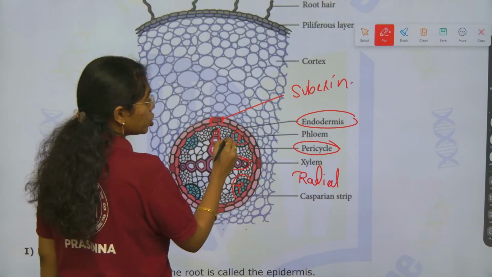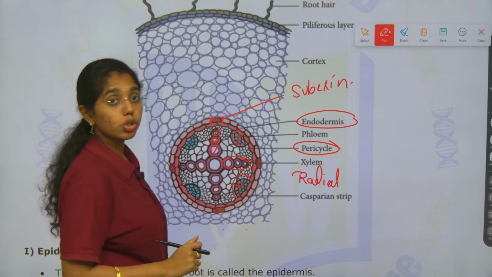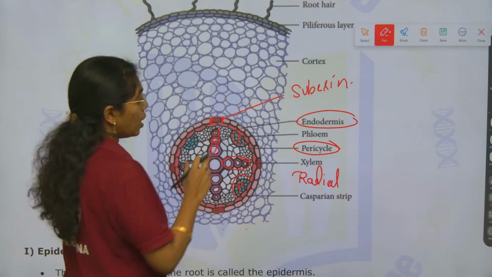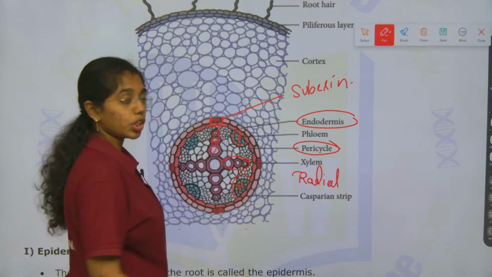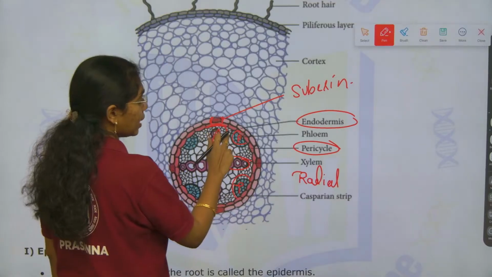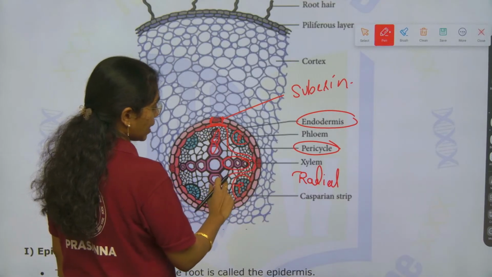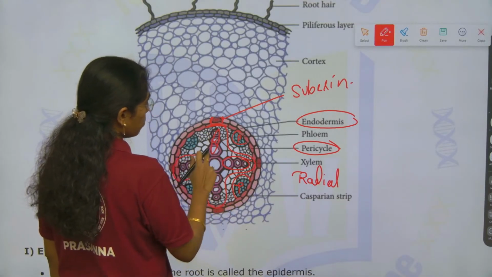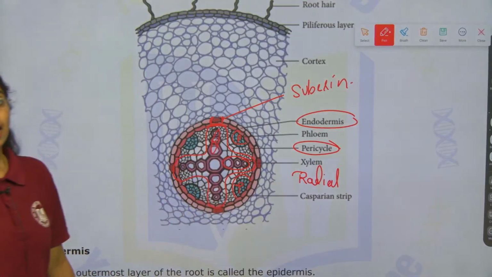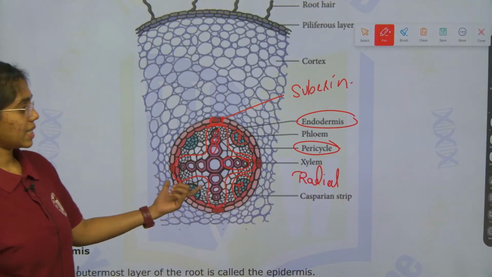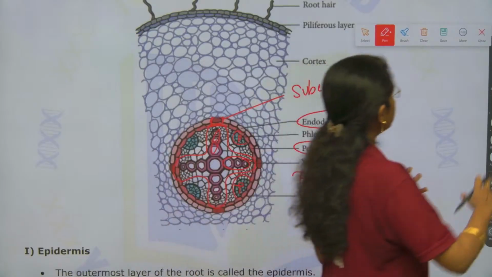The tissue present in between xylem and phloem is known as conjunctive tissue, and it arises from which region? Pericycle. Pericycle and conjunctive tissue arise like this and a wavy cambium is formed. Okay. A wavy cambium is formed as such. So, here you see, next